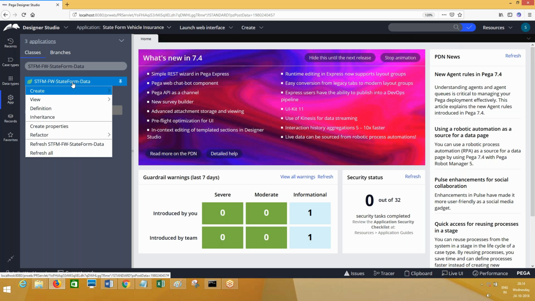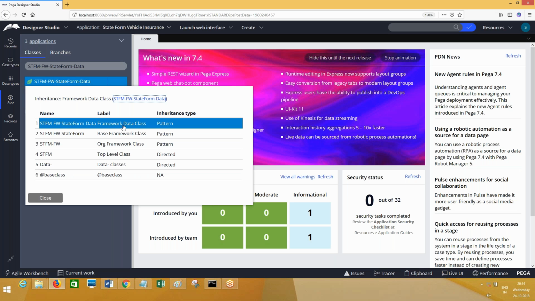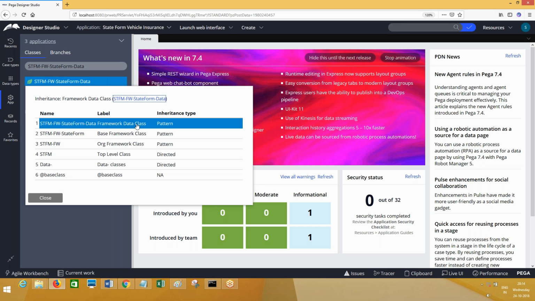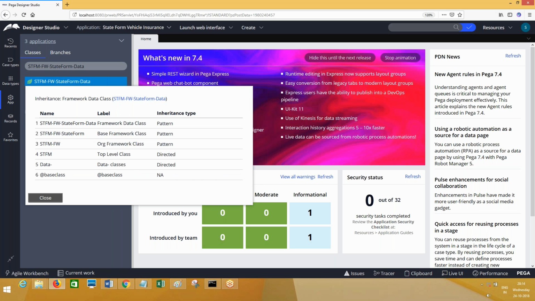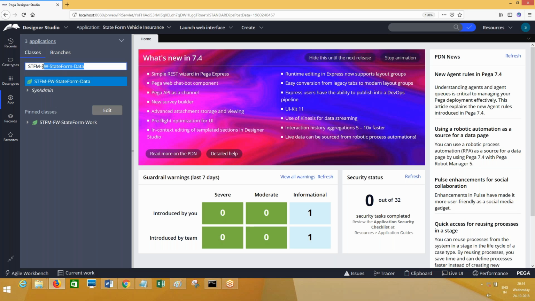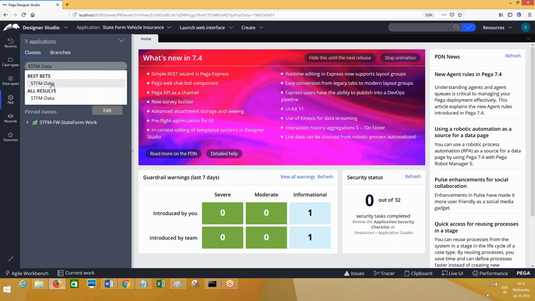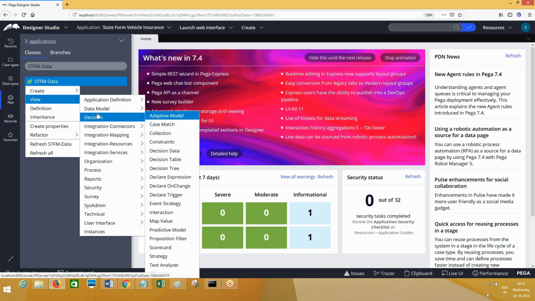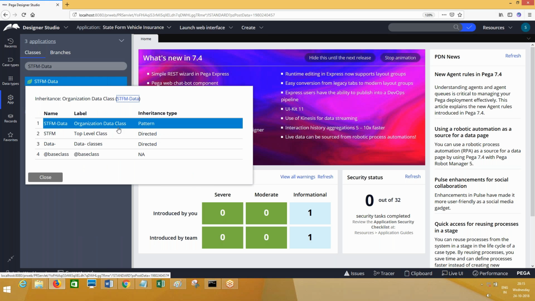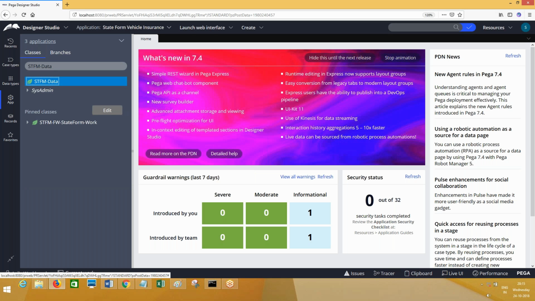Like inheritance, if I choose, it will display inheritance. Look at here. This is the one. This is called framework data class, correct? You can see here description. This was used to write in history previously. Framework data class. Similarly, if you go to this one, this is called organization data class. Similarly, for implementation, if you go, you see implementation data class. So as per the reusability of access level, you will create specific data classes.